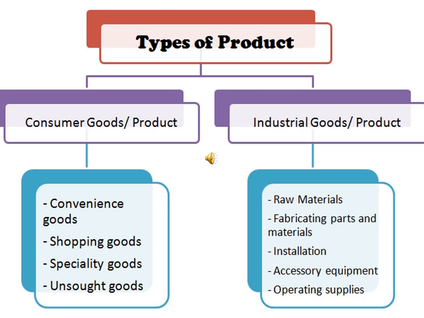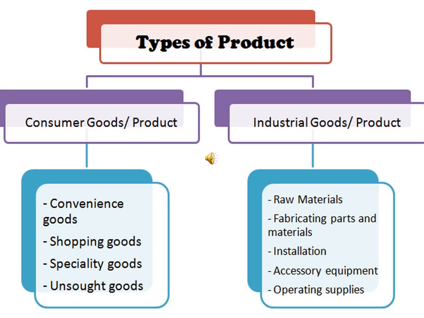Lastly, we have unsought products. These are products that consumers do not regularly consider purchasing or are unaware of, but may buy due to unexpected needs. So these are those products which people don't think of buying but might need out of emergency, such as insurance, emergency medical services, funeral services, etc. These are not services or products that people will make a special effort in buying or think of buying, but they will purchase them because of some kind of situation.